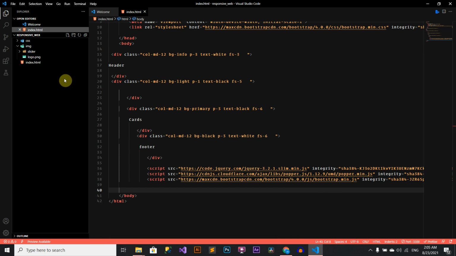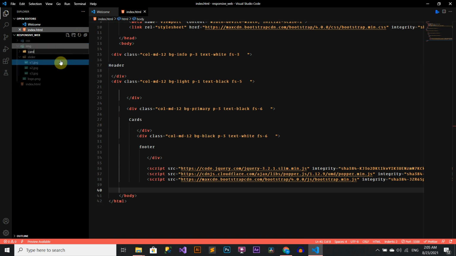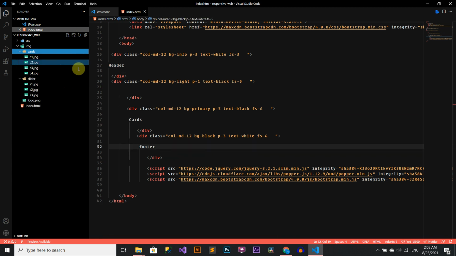I also have a cards folder inside the images folder, which contains images I will use in the cards.